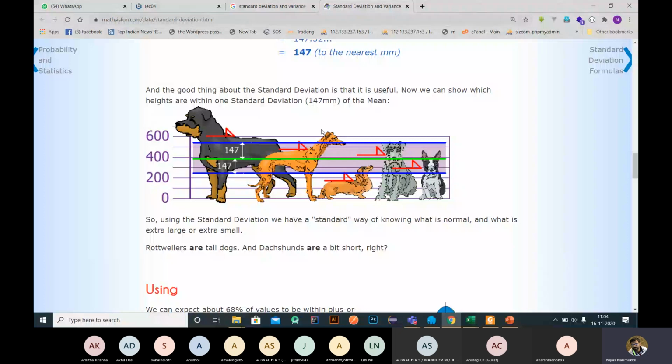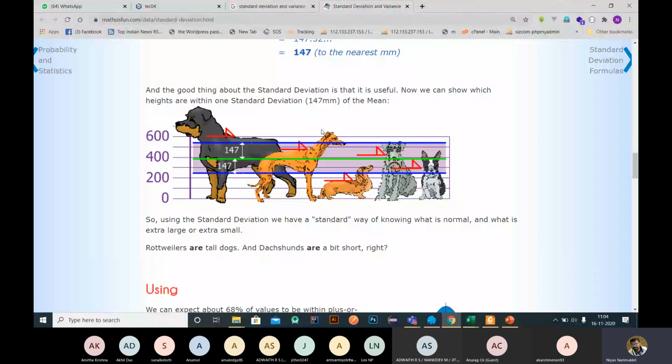So if you find the standard deviation, you find the range of the age, and most of the students will come within that range. If any student is very far from that range, we can say that is an outlier. We need to remove that from our existing data in order to do proper data processing. So with the help of standard deviation we can find these outliers.